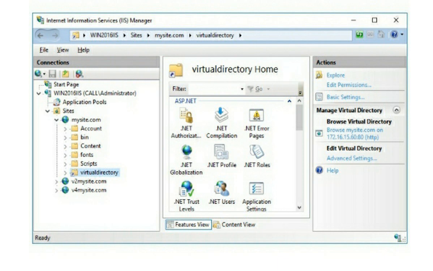Under sites, mysites.com, if you click on any one folder or virtual directory, on the right side you can see Browse. If you click on that, it will show whether the website opens locally, whether it is working or not.